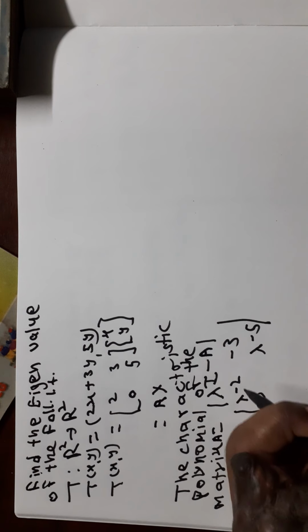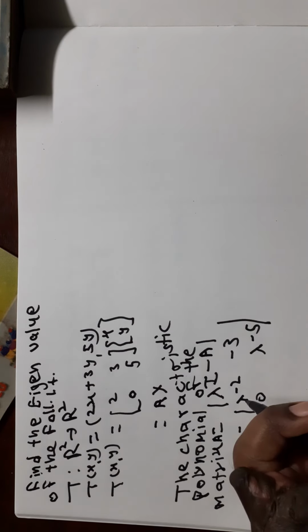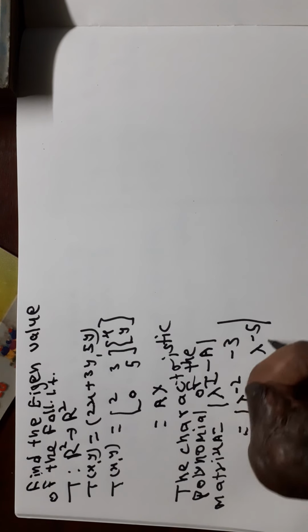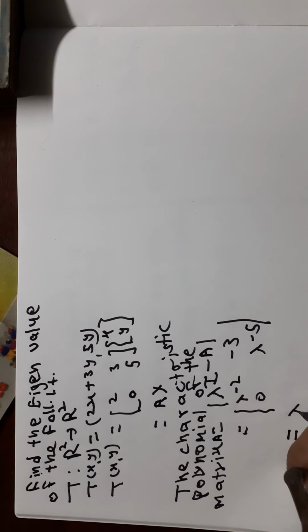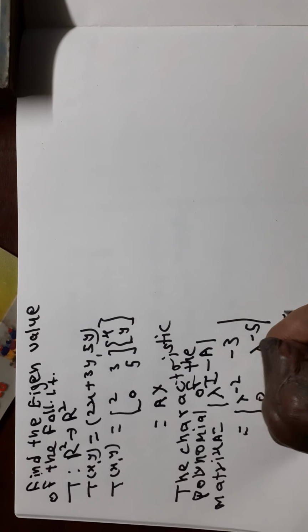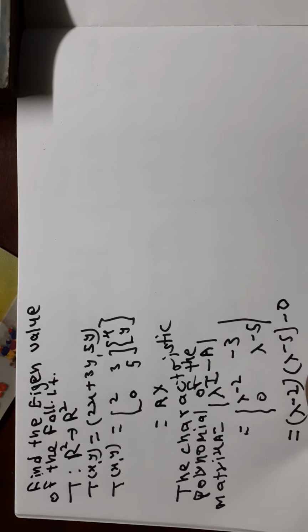So here the matrix A is [2 3; 0 5], and therefore the characteristic polynomial of the matrix A is the determinant of lambda I minus A. Now this is a determinant of order 2. Determinant is a real number. We evaluate this determinant by multiplying these entries. Therefore, the value of the determinant is equal to (lambda minus 2) into (lambda minus 5) minus the multiplication of these entries, 0. Therefore, the characteristic polynomial of the matrix A is equal to (lambda minus 2)(lambda minus 5), which is equal to lambda square minus 7 lambda plus 10.